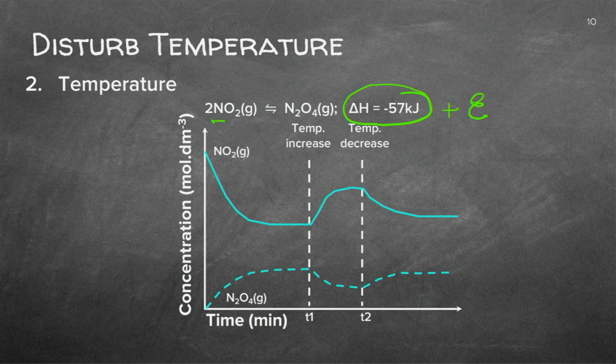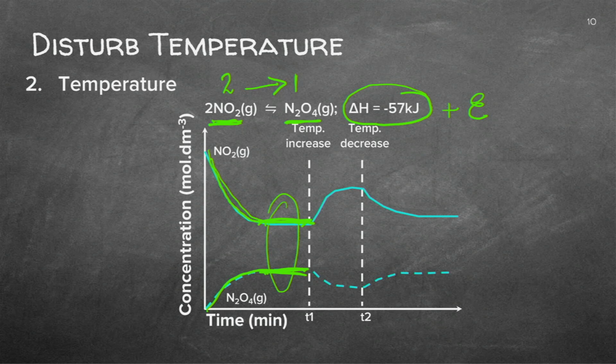I've got NO2, nitrogen dioxide, and I'm making N2O4. I've got 2 and 1 molecules, and that's the relationship. Okay, so what are we going to do? The forward reaction is taking place. You can see NO2 is lowering, so the forward is taking place, and the reverse is picking up. And here you've got chemical equilibrium. Equilibrium means they are parallel to each other. What are they doing now?